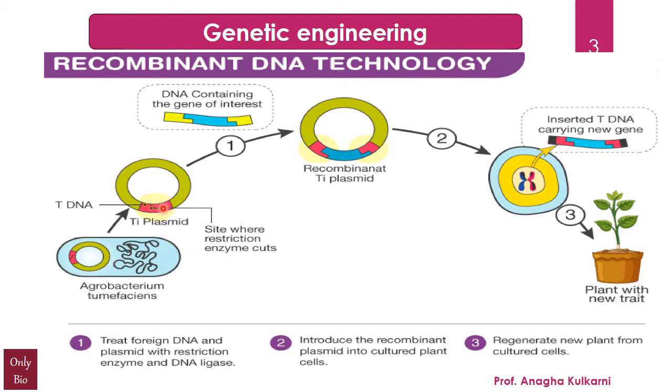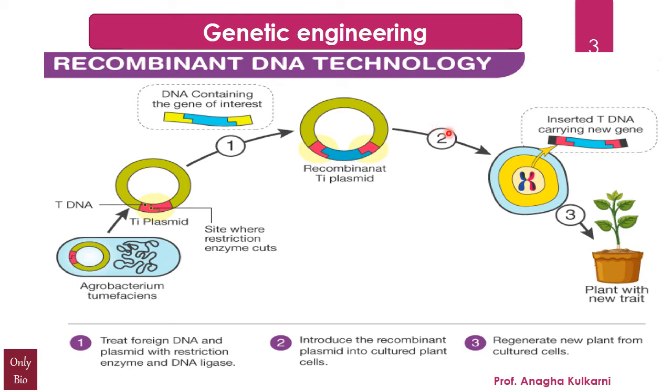We also use the same restriction enzyme on a DNA and cut a fragment of the gene which has some desirable characters to control. Now this gene is introduced at this particular area and is going to be treated, stuck there with the help of DNA ligase. So we can see that now this plasmid has a different gene at this site. Hence, it is called as a recombinant TI plasmid.